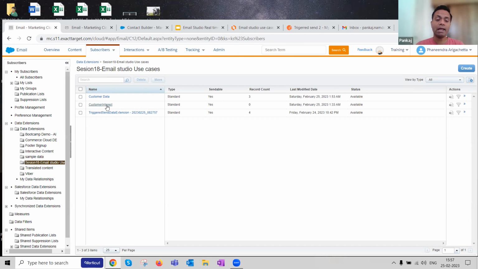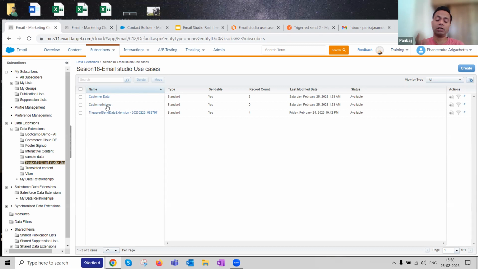So for example, I want to target males above 40 years of age and living in a particular location. Remember, this client is global in nature. Amazon is global, so I want to do that kind of segmentation. All that segmentation needs to be done over here. I will show that as a part of emails, but the segmentation needs to be done. The data model needs to be created in order to facilitate that segmentation as well.